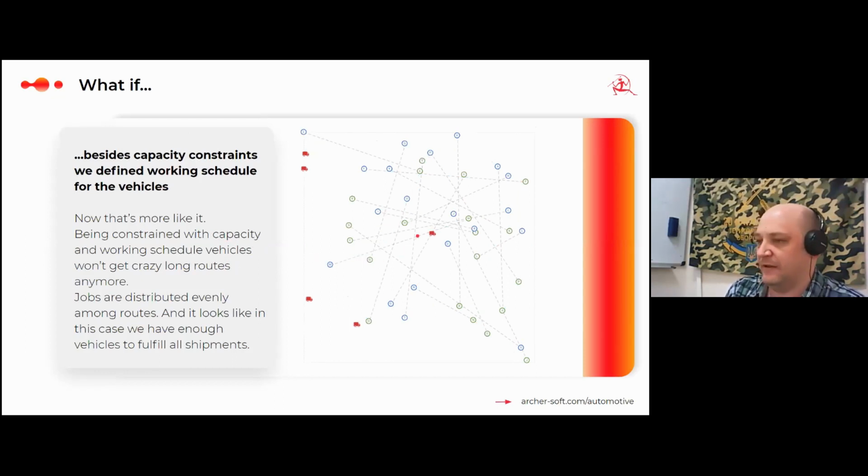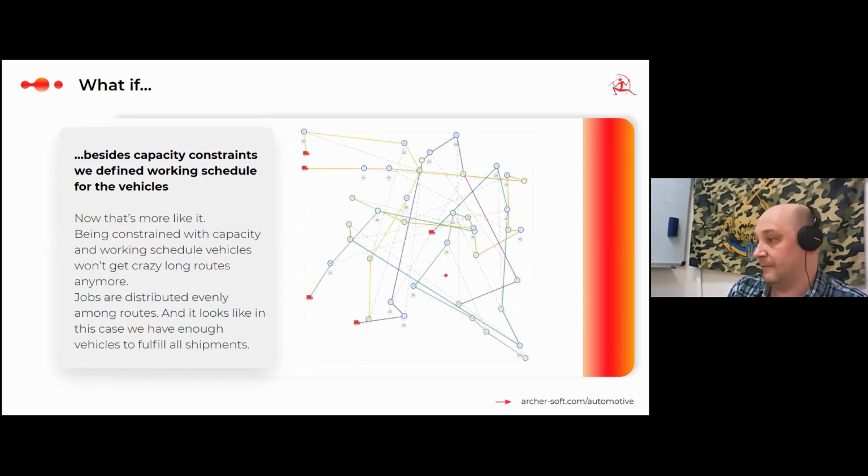So at least we should add the time schedule for vehicles. They cannot ride endlessly. They have time of work, so it's a natural limitation. And in this case, you see that right now the system distributed jobs quite evenly, because otherwise it would fail. Again, just reminding that all the calculations are based on the main principle: